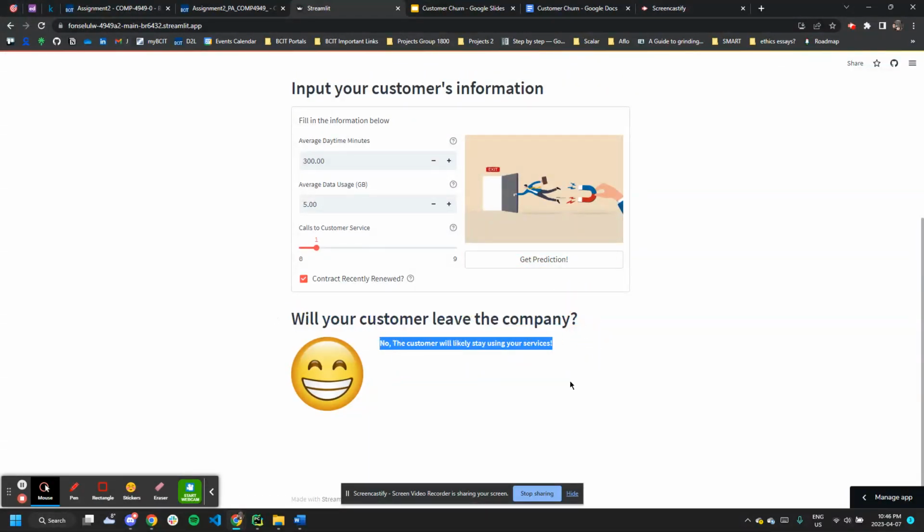No, the customer will likely stay using your services, but if you increase this to like 8 or 9, don't renew the contract, and decrease the daytime minutes, you use 2, and then this increases to 1. Well, the customer is likely to leave the company and you're sad. And that's basically how you use the